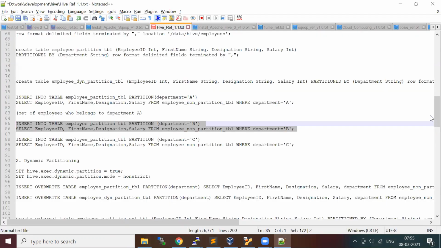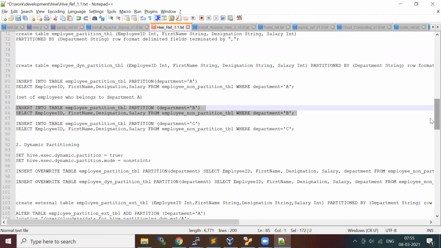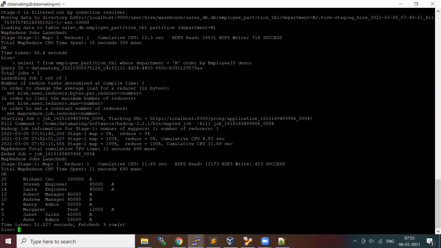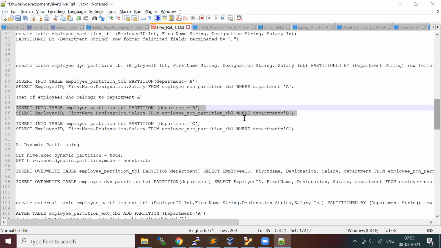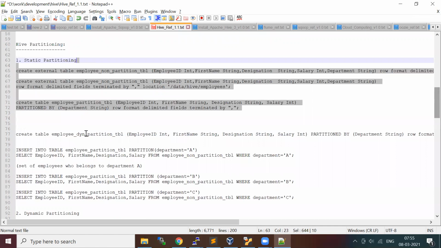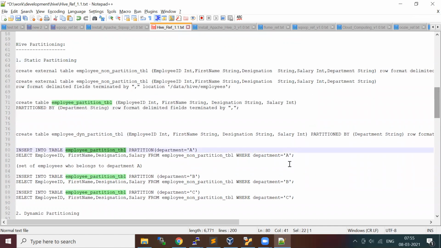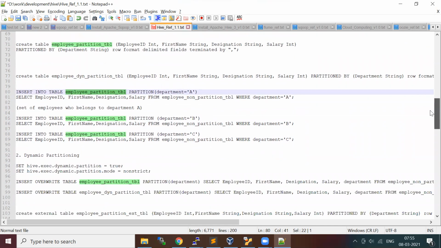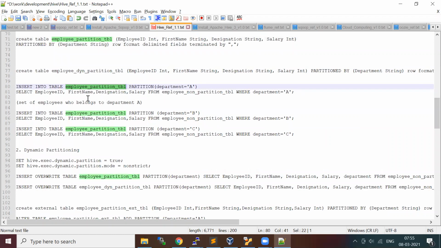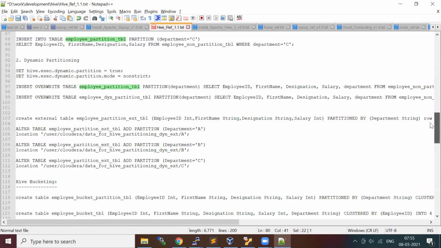So if you have a static partition for, sorry, an external table. This is a managed table, right? If you have an external table, what you can do is create this table. We can provide external table.